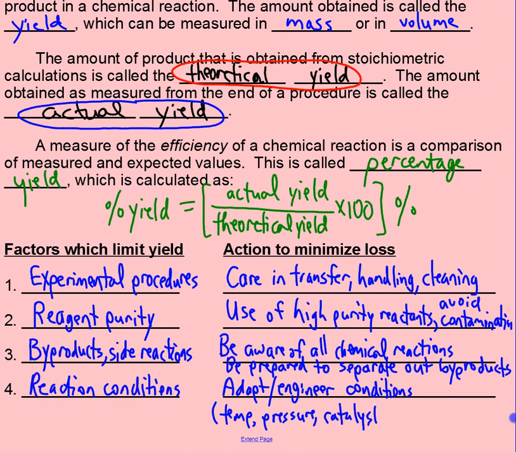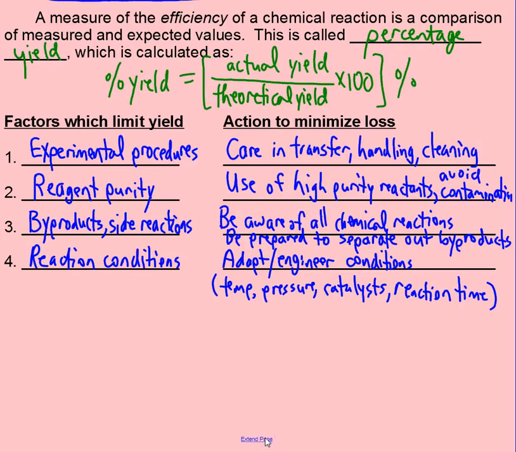It could be reaction time, either waiting longer or maybe getting the product out sooner before other byproducts are formed that can contaminate the main